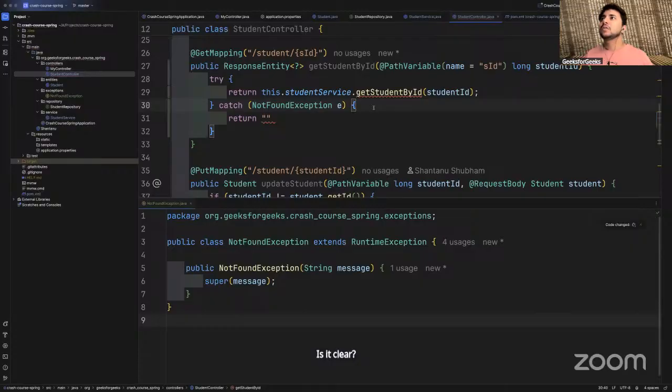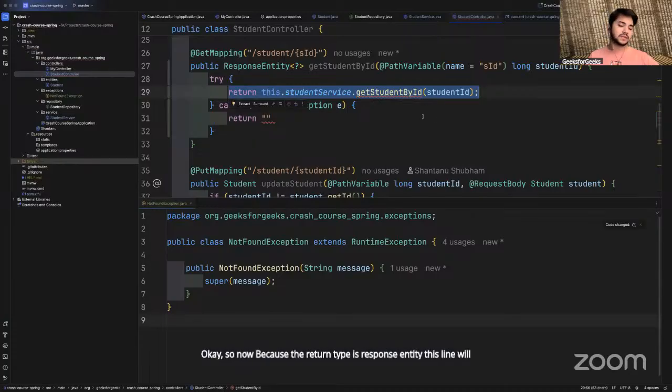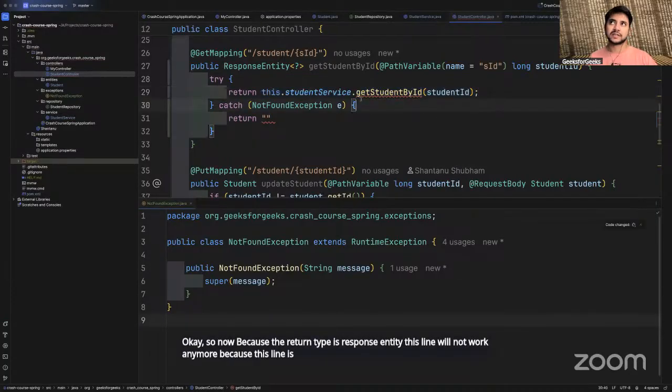Okay. Now, because the return type is ResponseEntity, this line will not work anymore, because it is returning a Student and not a ResponseEntity. So we need to make some changes.